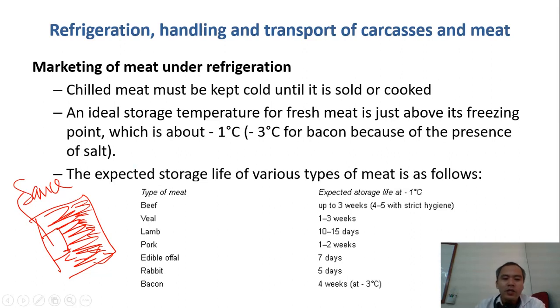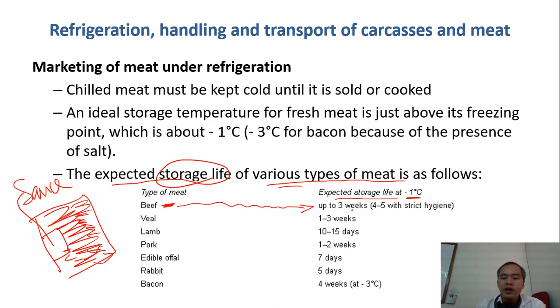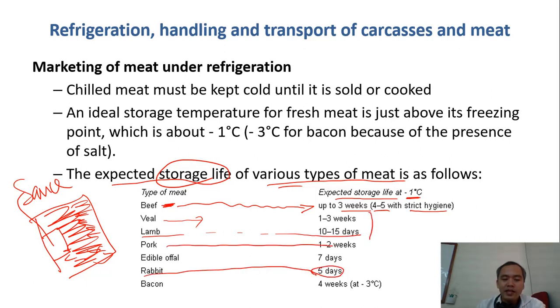Right. And now, this is the expected storage life of various types of meat. Beef: the expected shelf life at -1 degree C. For fresh beef, you can store and sell up to 3 weeks. If you have strict hygiene conditions, you can store up to 5 weeks. Veal, a bit less. Lamb, much more. Pork, less than beef. Rabbit, much less. Chicken,